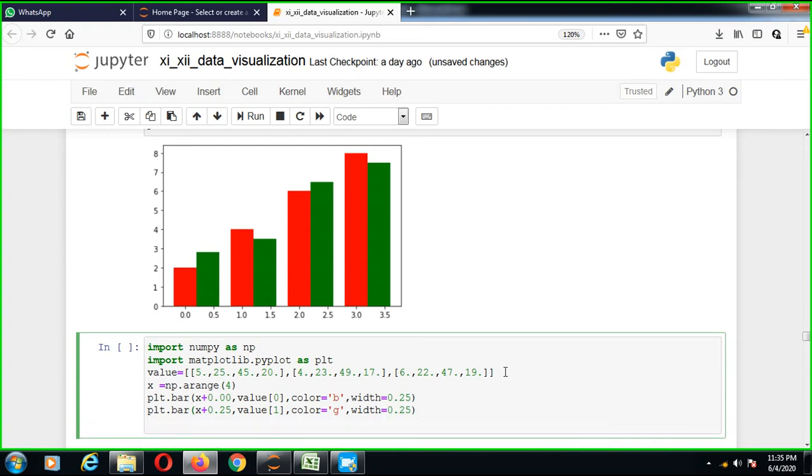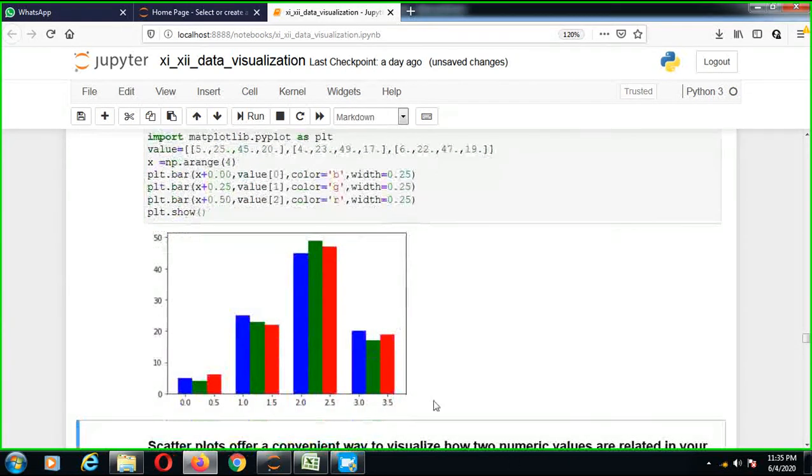Another one is plt dot bar, x plus 0.50, value of array 2, then the color equals red, width equals 0.25. And now the last one is plt dot show, and see the output.